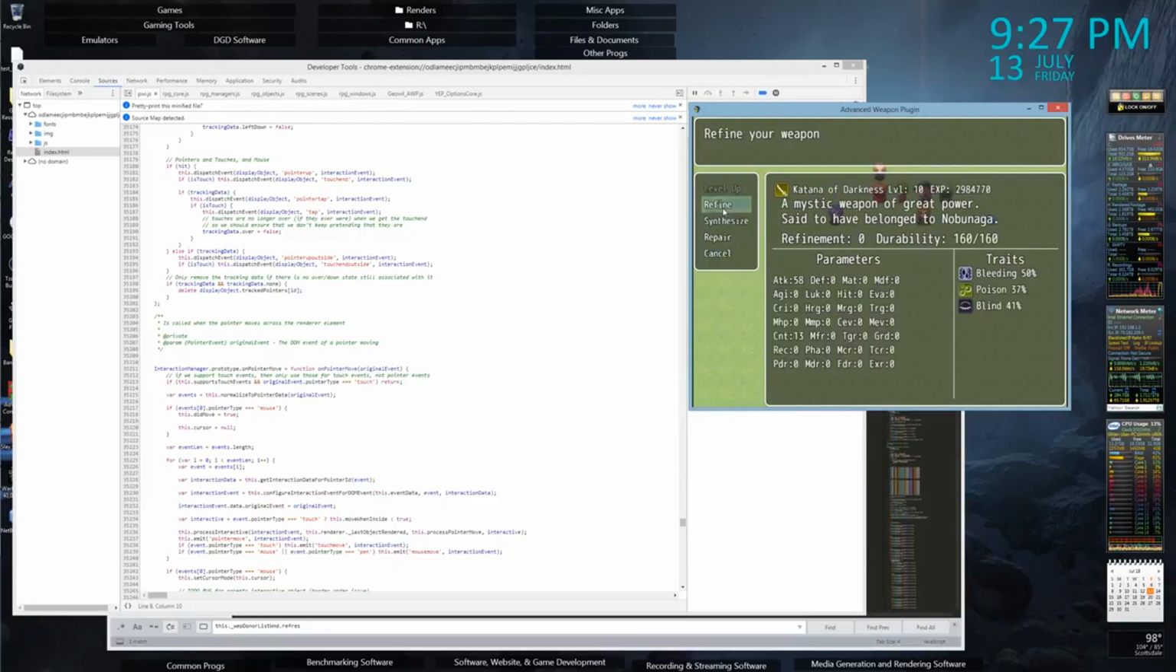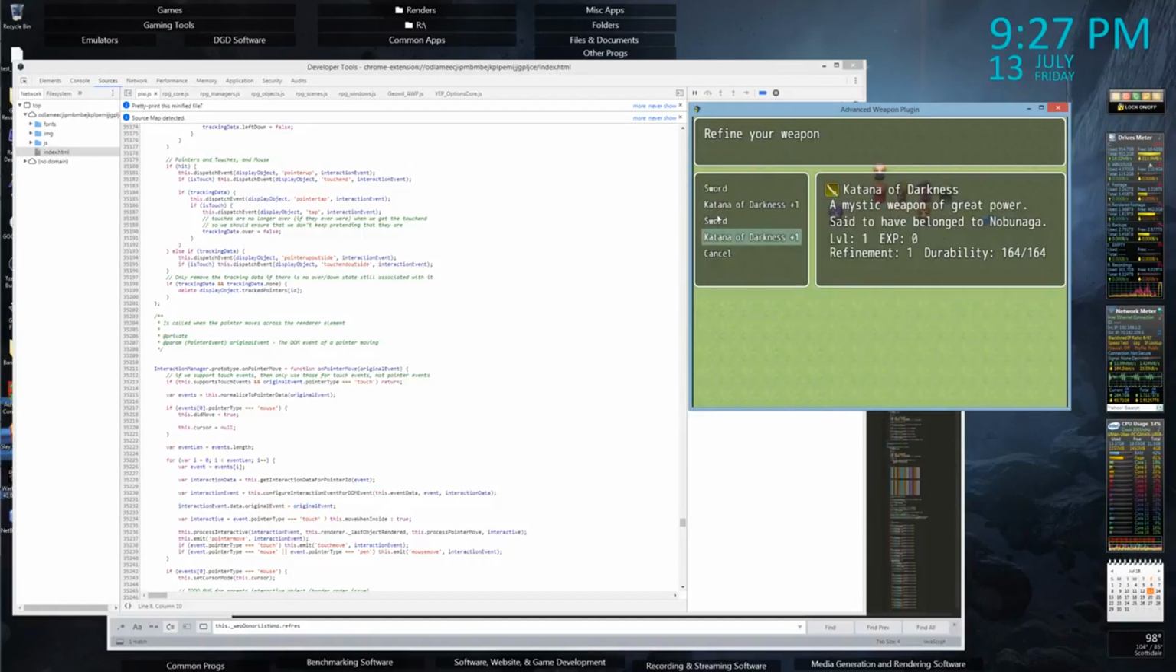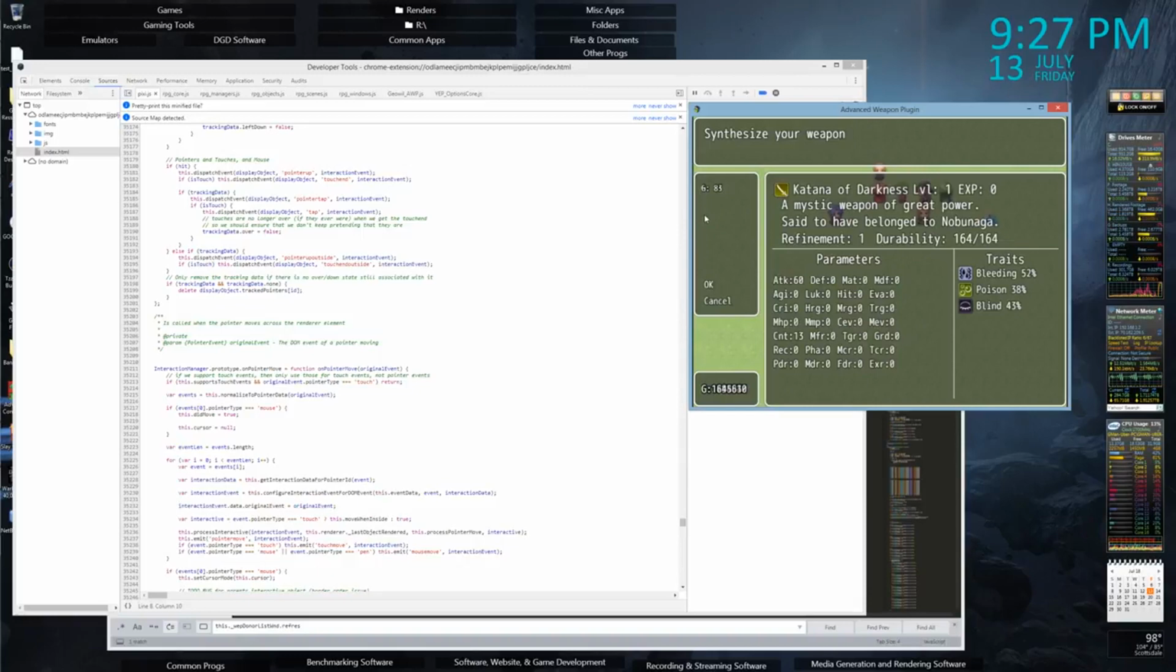Okay, second refine. Go. Alright, now we're gonna go back out and select this, synthesize, select that. The cost is what it should be, because we aren't leveled up to level 10. I'm gonna have to make that a requirement, that you have to go to the max level of the weapon before you can synthesize it. Alright, so